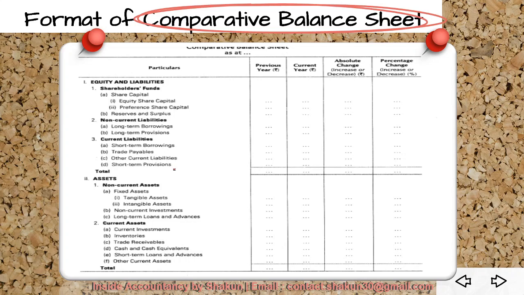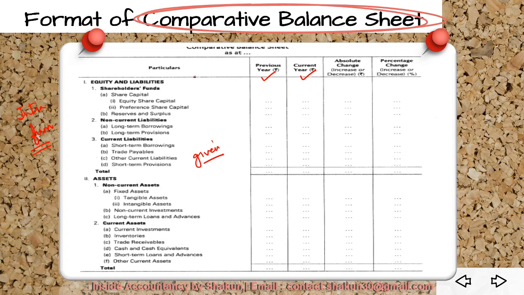As we discussed in that chapter, for more details you can click on the I button, the face of the balance sheet should always remain the same. So the various headings and subheadings of the balance sheet for every company would remain the same. Now comparative balance sheet is a form of intra-firm comparison, a comparison between the balance sheet elements of two or more years for the same firm. The format would be given in the question. Then the previous year balances and the current year balances would also be given in the question.